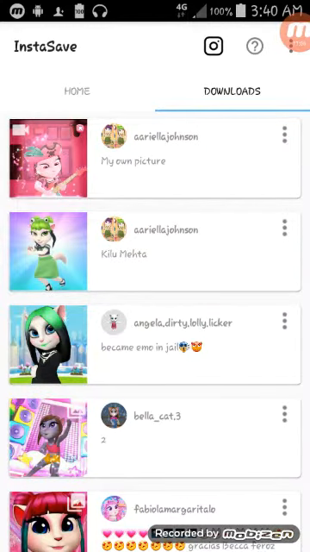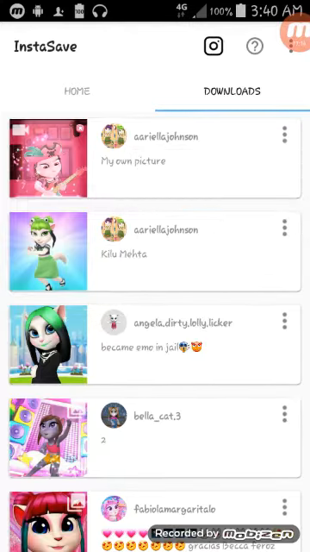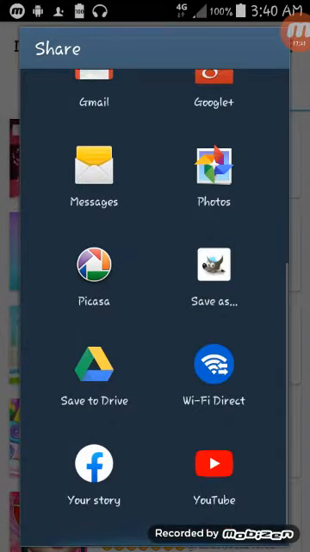Or if you tap these three dots here, you can copy link, copy all, view in Instagram. You can report it even, repost it, share it and delete. If you tap share, well, you get all these options. You can drop it on YouTube, Facebook, Google Drive, to Picasa, to, well, even GIMP, or through Wi-Fi somewhere.